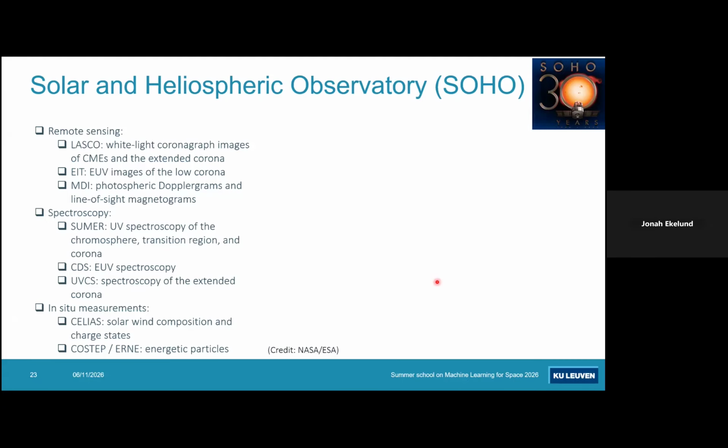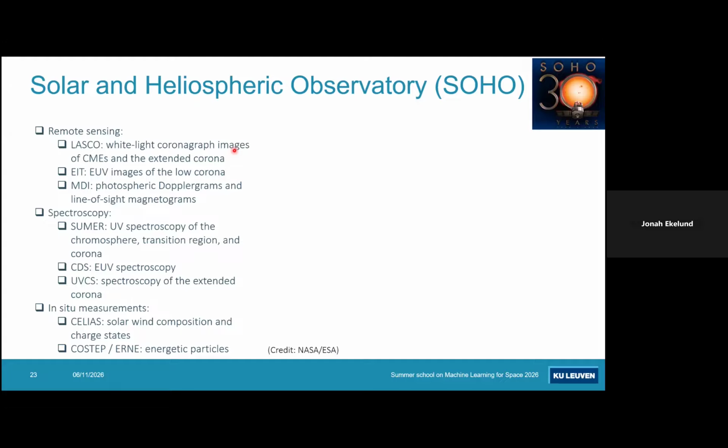So go back for a moment. It has a remote sensing, meaning imaging. And maybe one of the most famous ones is the LASCO coronagraph, where you can see coronal mass ejections and the streamers. To study, you have the UV imaging, which at this time most people use SDO because the resolution is better, but it's also a very good source of observations. And the MDI, which is basically the photospheric magnetic field inferred for 30 years, which includes,